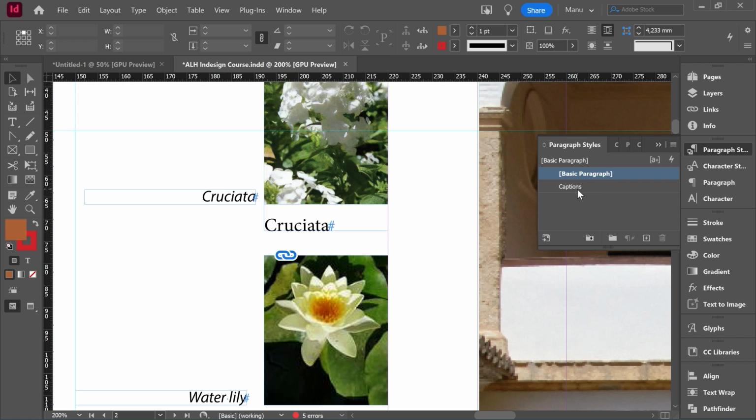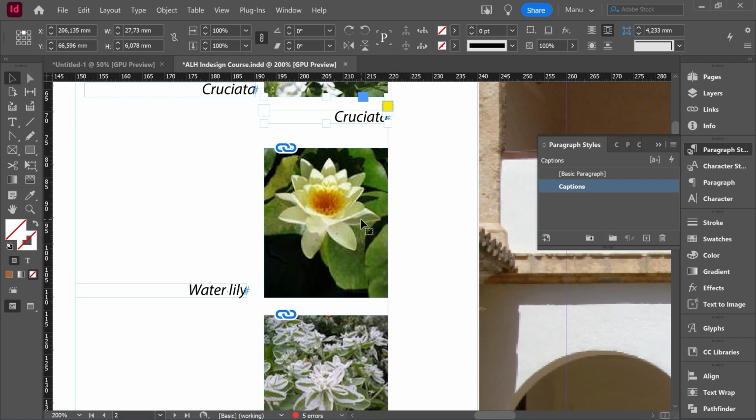This paragraph style in the end is just some properties for the text. I'm talking about the size of the typography, the style, if it is bold, if it is italic, the color, the alignment, these kind of things. So once we have created a paragraph style, we can use it, right? I can use it just by selecting this text box and then clicking on the paragraph style, and here we are. You can see that it is the same as the one I did manually before,